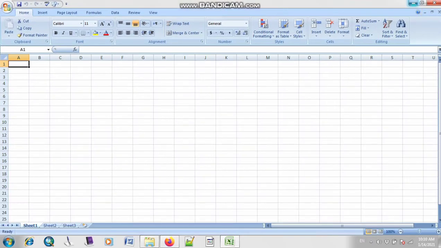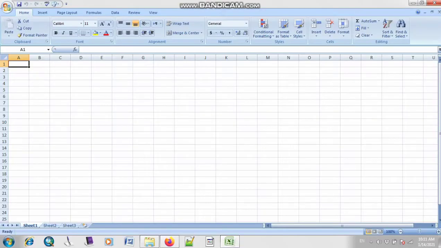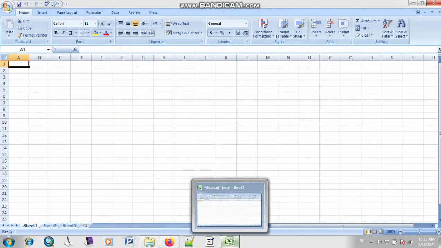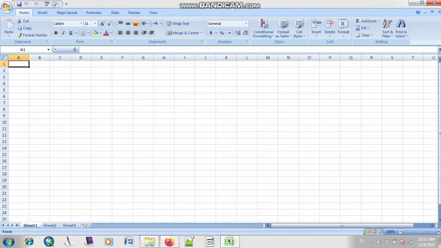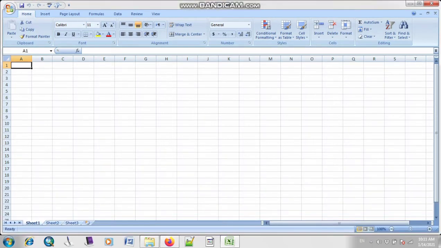The next option is your minimize. Minimize is basically used if you want to store it on your taskbar, and if you want to open some other file or do some other work, then you can use it. Then you can again click on your taskbar icon of Microsoft Excel, and then you can use it. Now this whole bar is known as your title bar. So what is the name of this bar? This is known as your title bar.